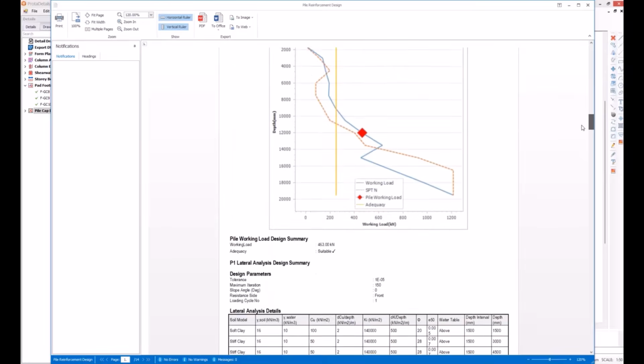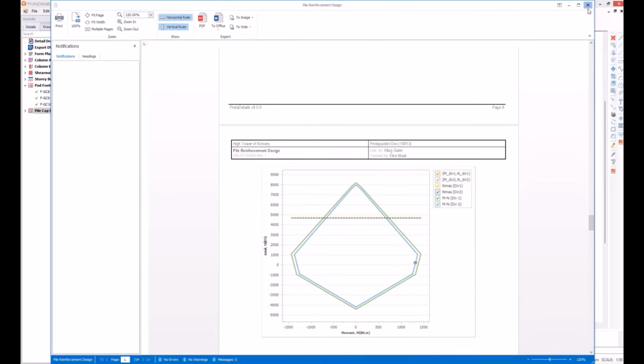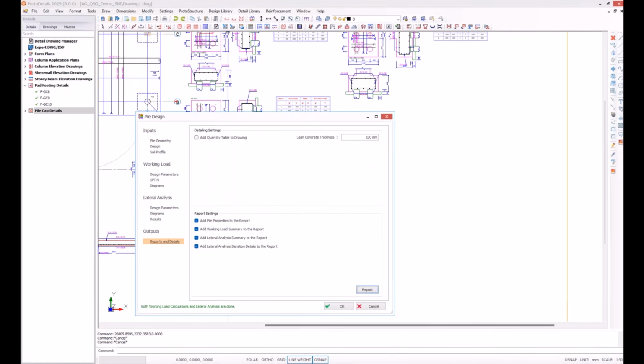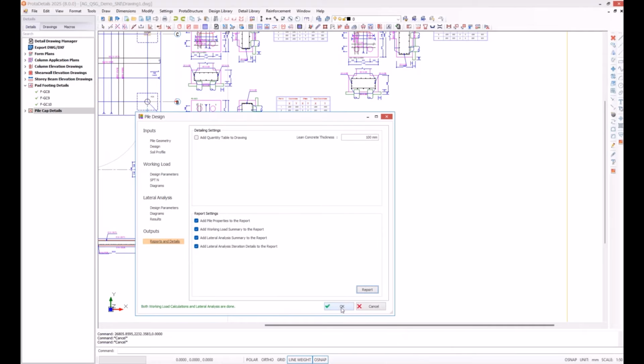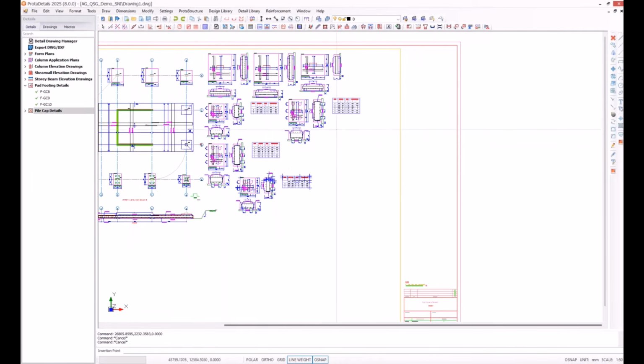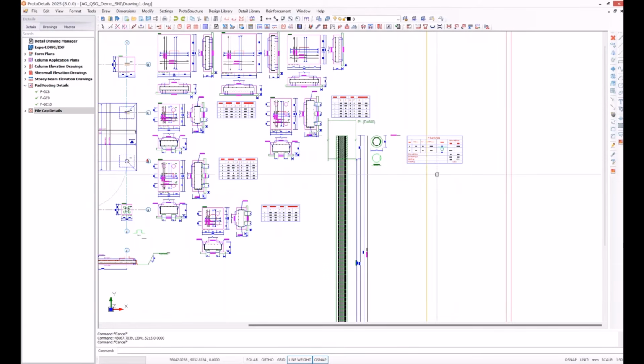So it's among them now. When I compile my final report on this whole structure, it will be added at the end of it. So when I'm done with it, I click OK, and let's place it here. Let's see if it's a good position.